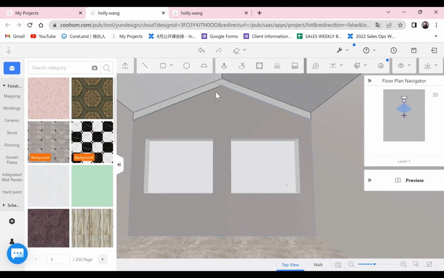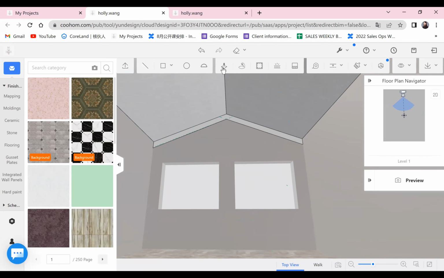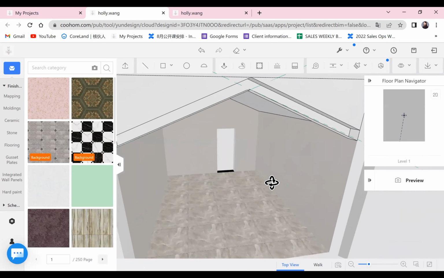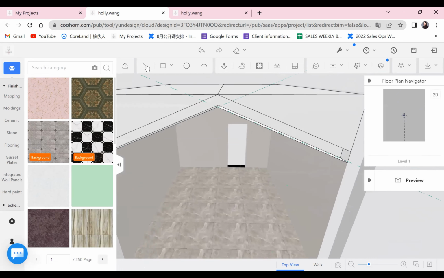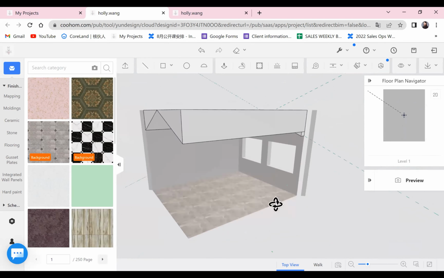All right, so you see, now we have the shape of the beam. And you can also use push and pull to give it the thickness. How about 200? Okay, this is the first beam.